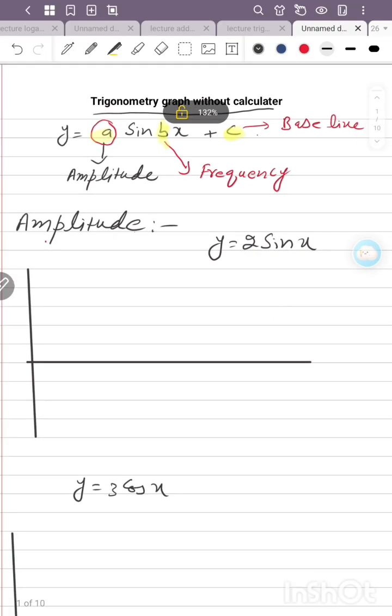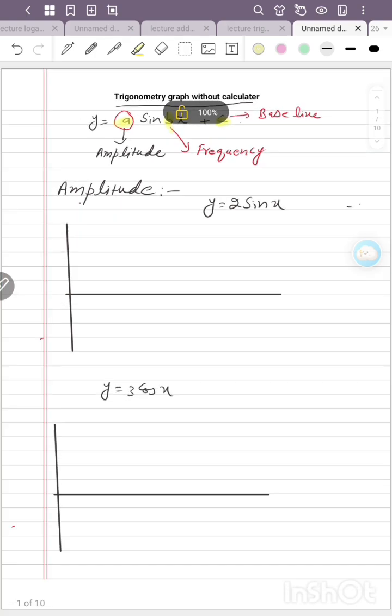आपके पास सबसे पहले ये हाईलाइटेड ए है, ए को हम एम्पलीट्यूड कहते हैं। इसी तरीके से एंगल के साथ जो बी मल्टीप्लाई हुआ है इसको हम फ्रीक्वेंसी कहते हैं। इसी तरीके से हमारे पास सी है, इसको हम बेस लाइन कहते हैं। अब हमारे पास एक क्वेश्चन है, डायरेक्टली मैं इस क्वेश्चन की तरफ आता हूँ। जो टॉपिक है हमारे पास वो एम्पलीट्यूड से रिलेटेड है और ये हमारे पास टॉपिक है y = 2 sin x।